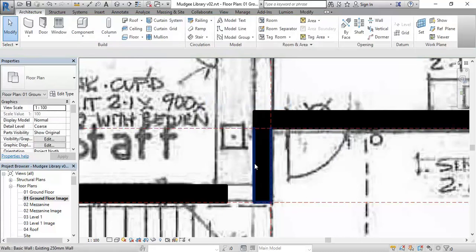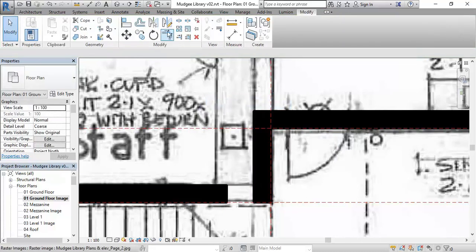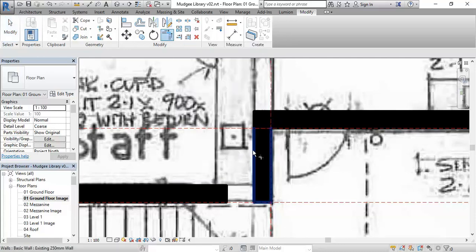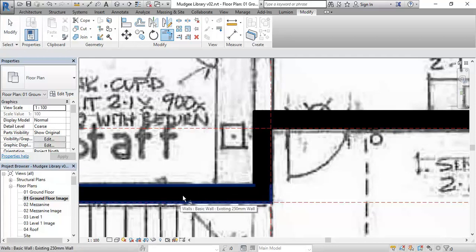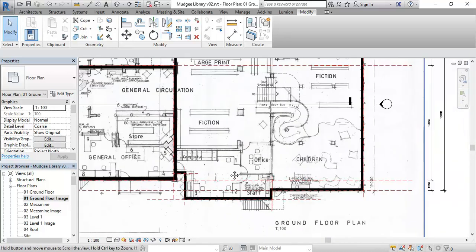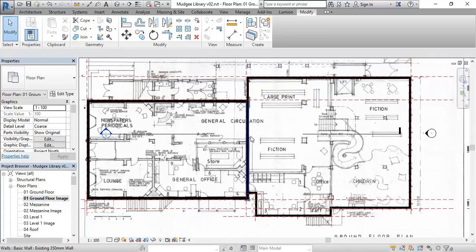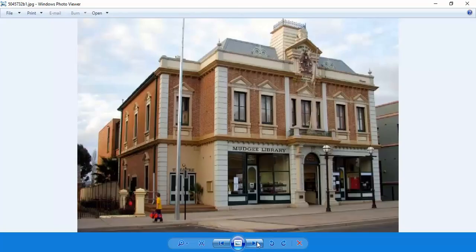And then finally, to join these walls together, don't forget the trim to corner tool is your best friend here. We can choose these two walls and easily join them together at a corner. It's much more accurate than trying to draw that wall by sketching it out or something like that. So there we are. So I've got the walls enclosing the area of my floor. But I know that it steps down as well. So looking at the section,